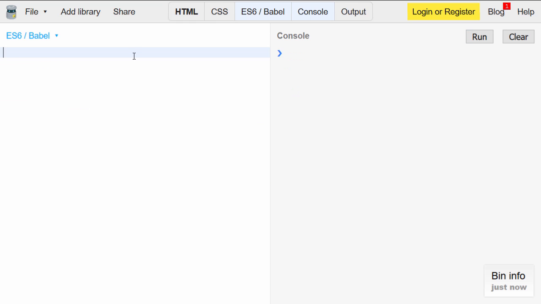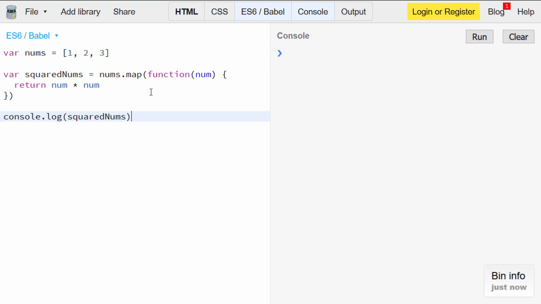In my clipboard, I have a little snippet of code that basically takes an array of numbers and then squares every number in that array. If I run the code, you can see that every number in the original array has been squared. In this snippet of code, I call the map function on the numbers array and pass to the map function a traditional function expression. Whether or not you're familiar with how the map function works, it doesn't really